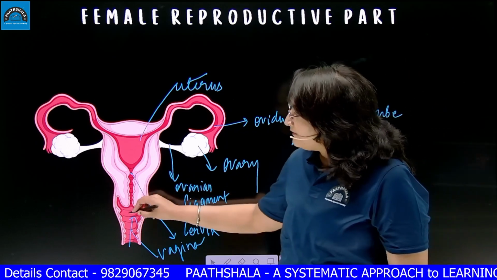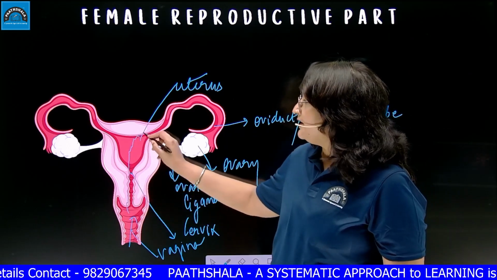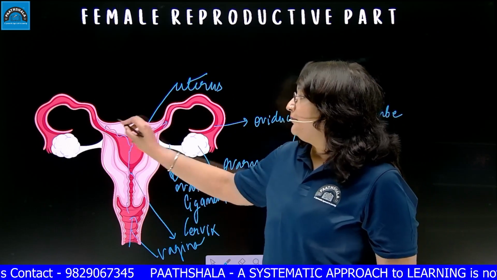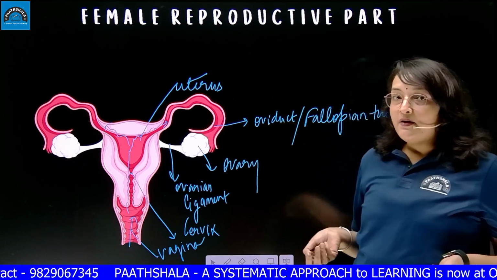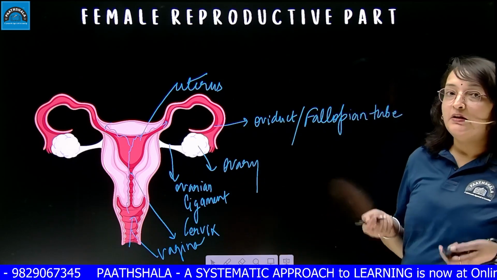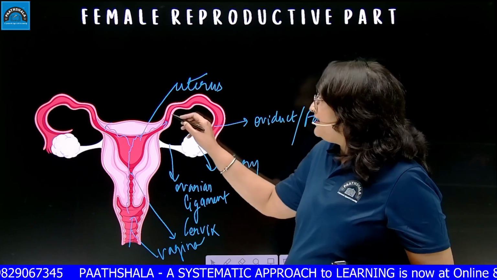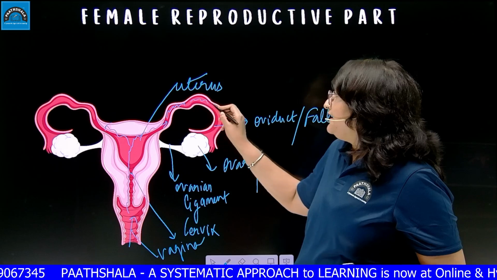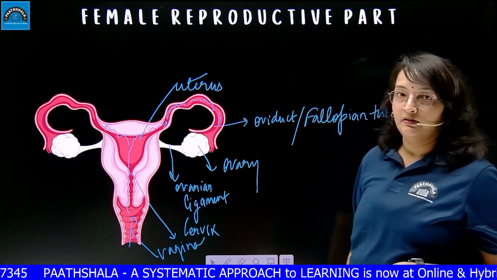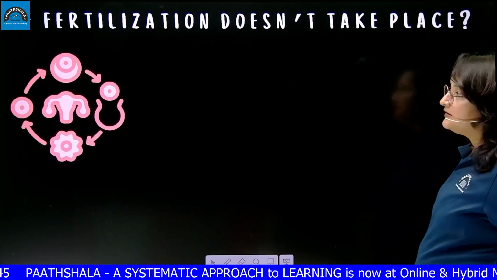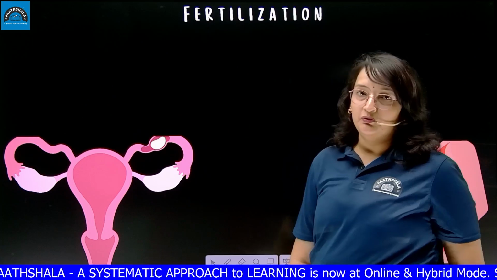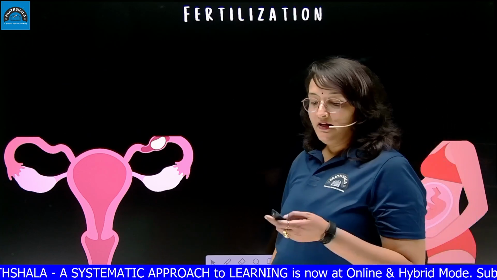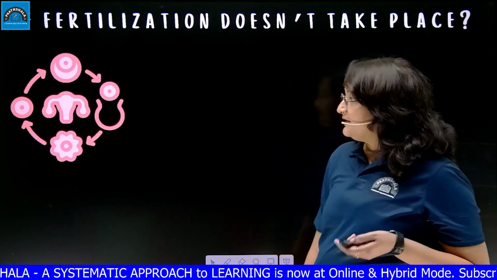So these sperms will start moving from the uterus. They will reach the fallopian tube. And as sperms are mobile, motile cells, they will float and reach the ovary. Right? Now these ovaries will be present in the fallopian tube, because during the menstrual cycle, which is a cycle